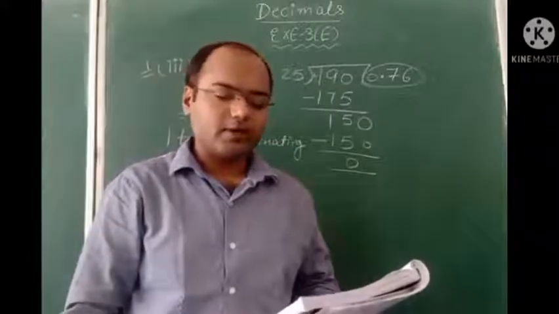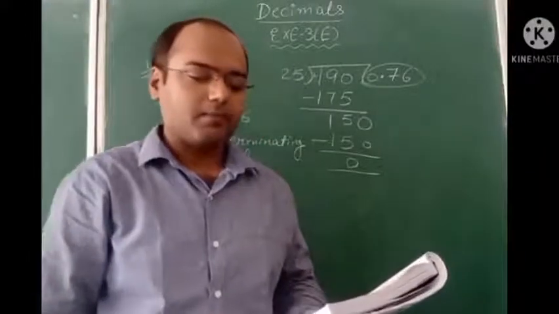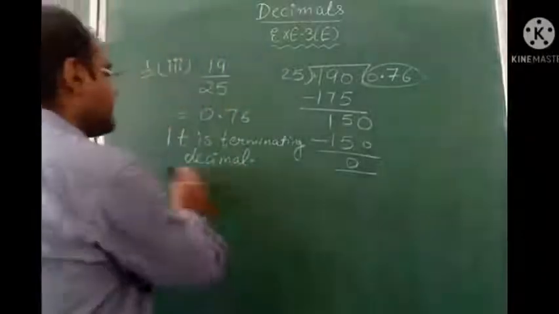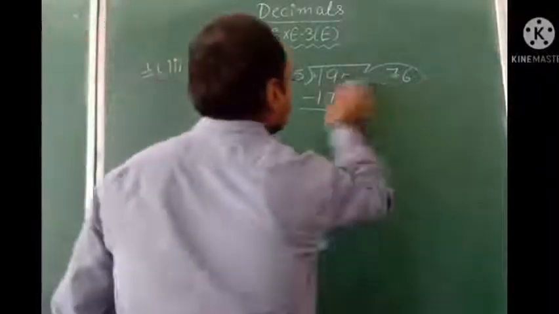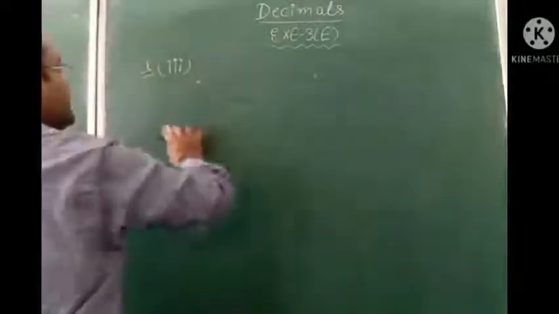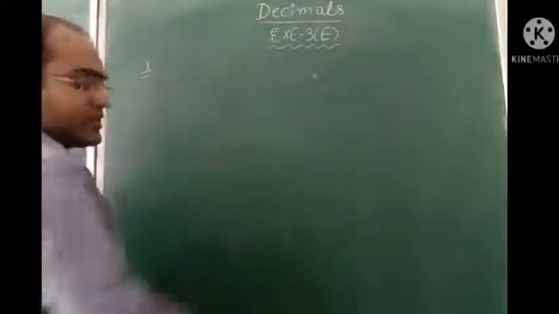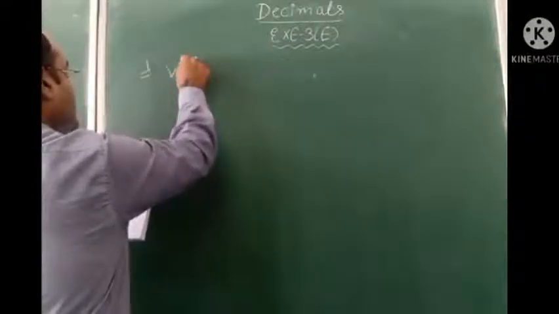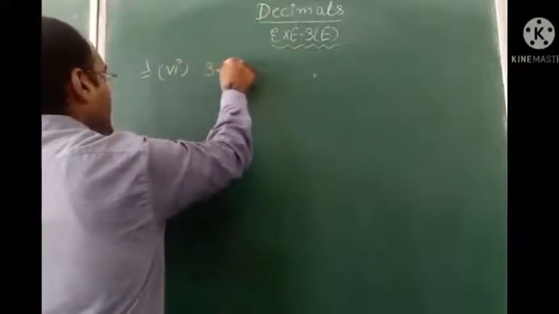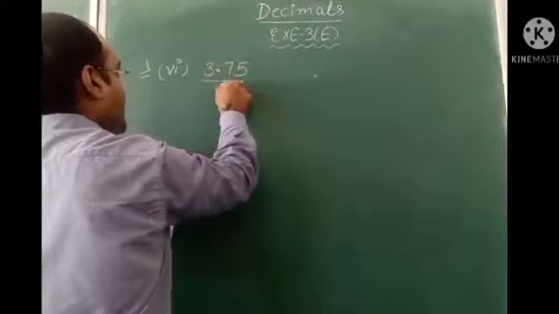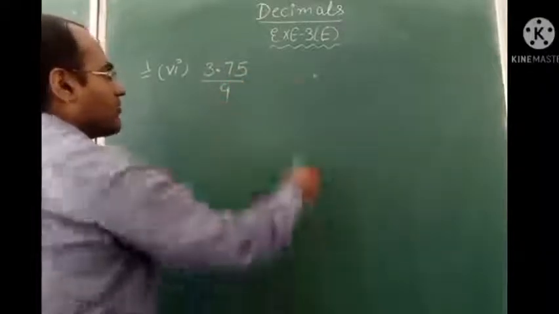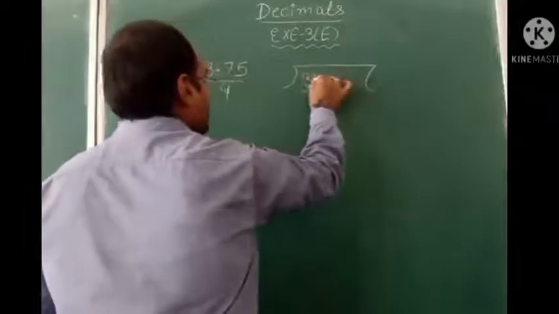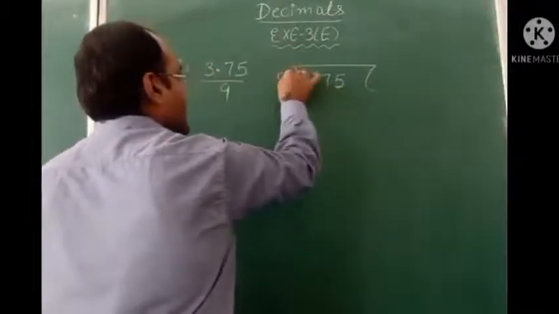Now see another part number sixth part. Sixth part is 3.75 divided by 9. So we have to divide 3.75